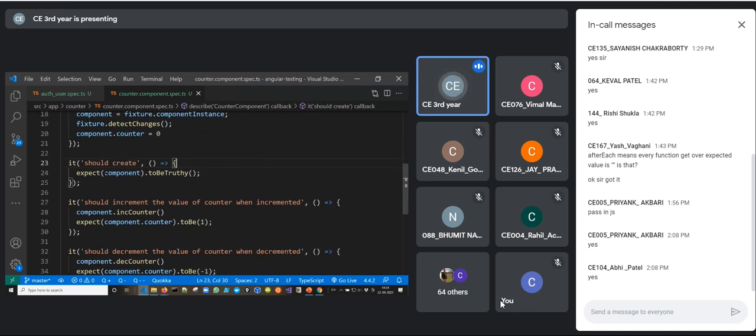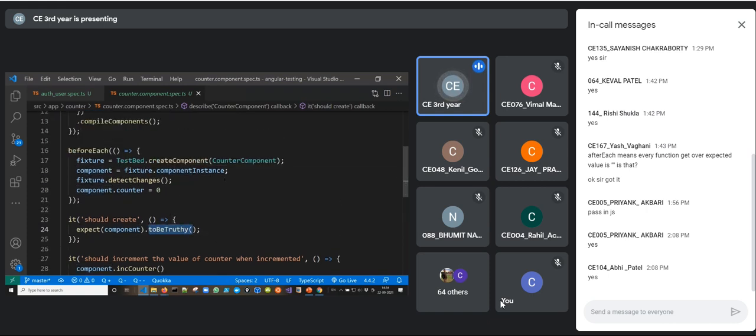The first part is that an instance of the component should be available. So we check whether the instance is truthy, whether it has been created or not, and it is already there. If you look at the code in beforeEach, you can see fixture.componentInstance.